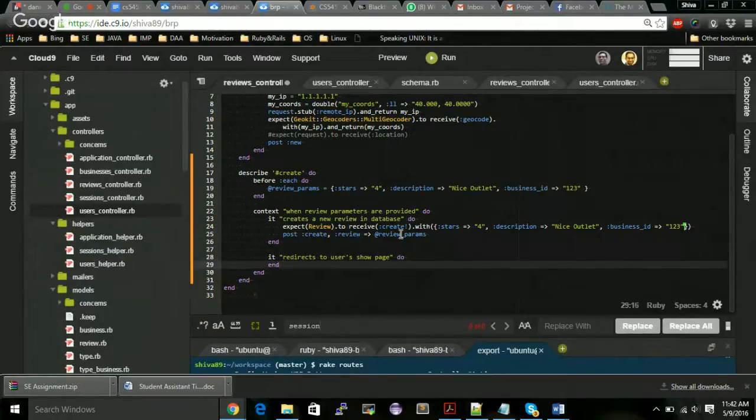Yeah. So we're still posting to create review with review params. So that should be the same for the two methods. So maybe I would create... How would I write this? It would be something like expect so local